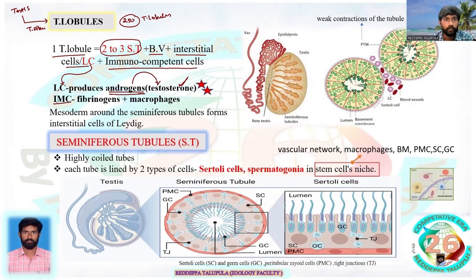Next, IMC, nothing but immunocompetent cells, fibrinogens and macrophages. Already I discussed these things. And mesoderm around the seminiferous tubules forms the interstitium. Already I informed this. Next, if you see the structure,